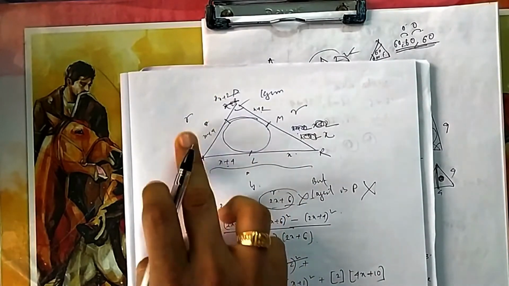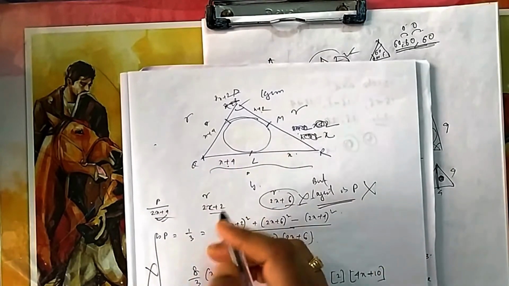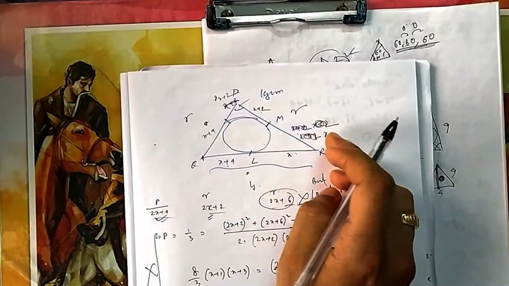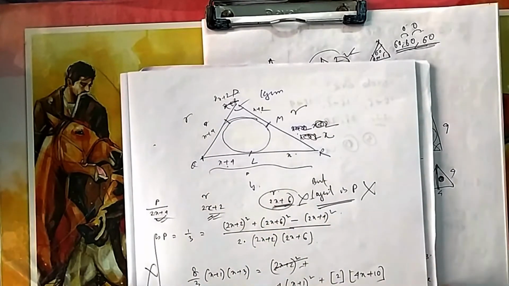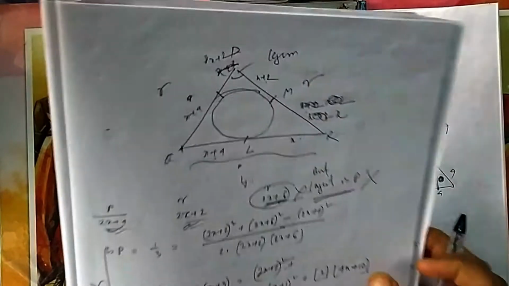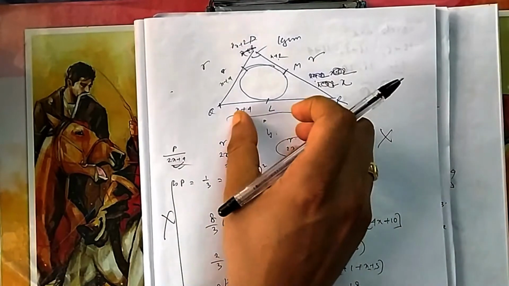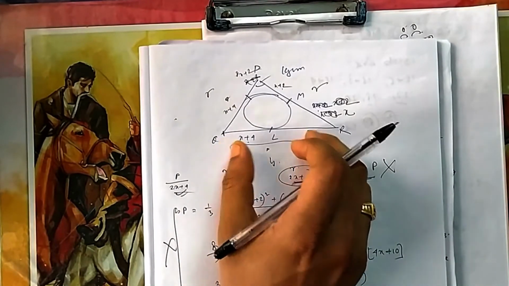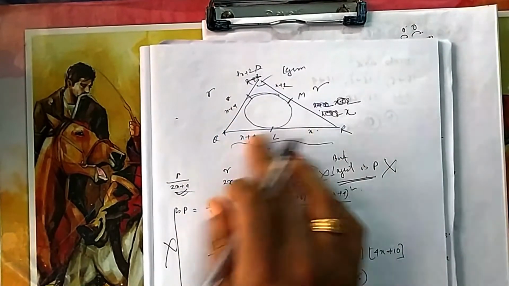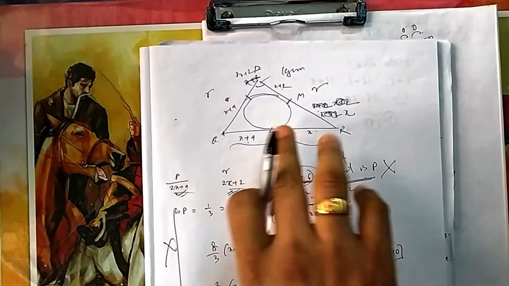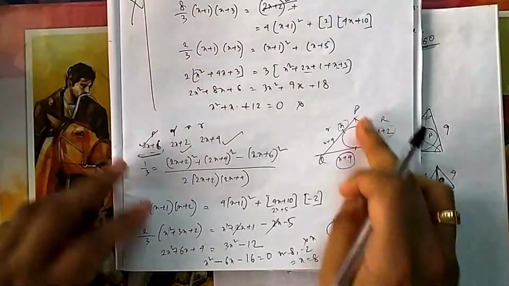2x plus 6. So obviously this will not work, because P should be the largest. Here what is the length of P you are getting? 2x plus 4. What is the length of Q you are getting? 2x plus 2. What is the length of this R you are getting? 2x plus 6. Here R becomes largest, so that's why it is wrong. If you do it this way, you will not get the answer, because P is the largest, so this one should be largest. So you should take it in such a way that x plus 4 and x plus 2 come here. Either way you can do, but ultimately this should be the largest. So that's why I modified it here.